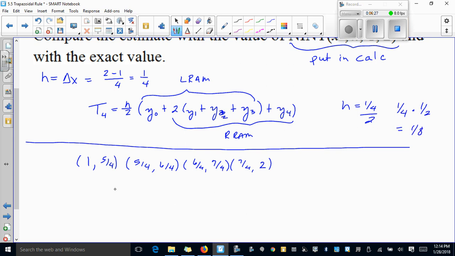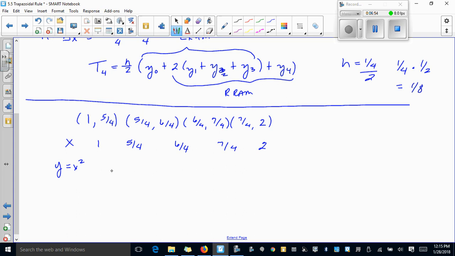So I need to know all of these values here. So if I go through, x, then I'm going to use 1, 5/4, 6/4, 7/4, and 2. And then I want my y value, which is just simply x squared. Then I'm going to get 1, 25/16, 36/16, 49/16, and 4. So I go back to this guy here, so my h value is 1/8,